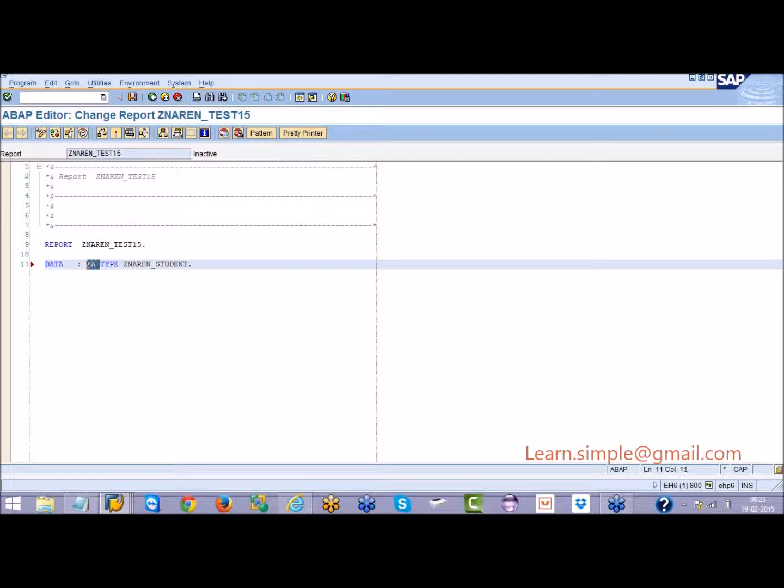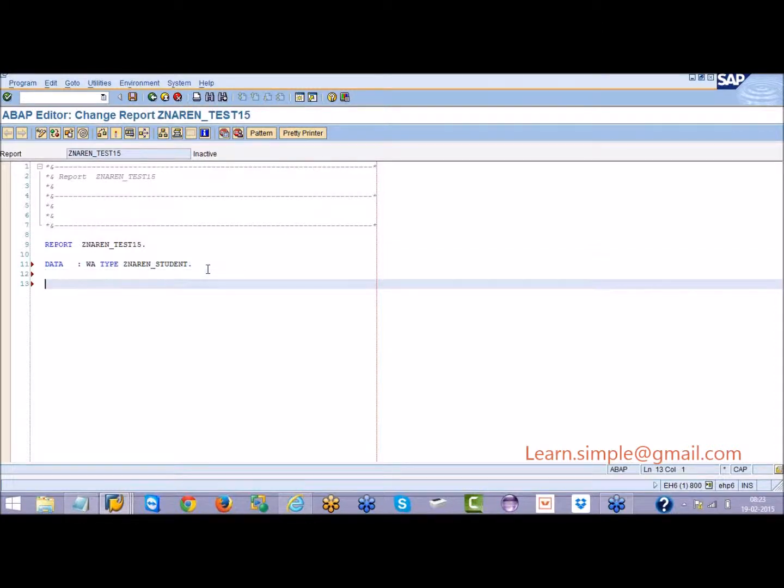So what is this WA? I will call it a work area. This WA is declared with the data keyword, so you can store some values in this work area. And remember, a work area can always store only one record. If you want to put one more record in this work area, the previous record will be overwritten.